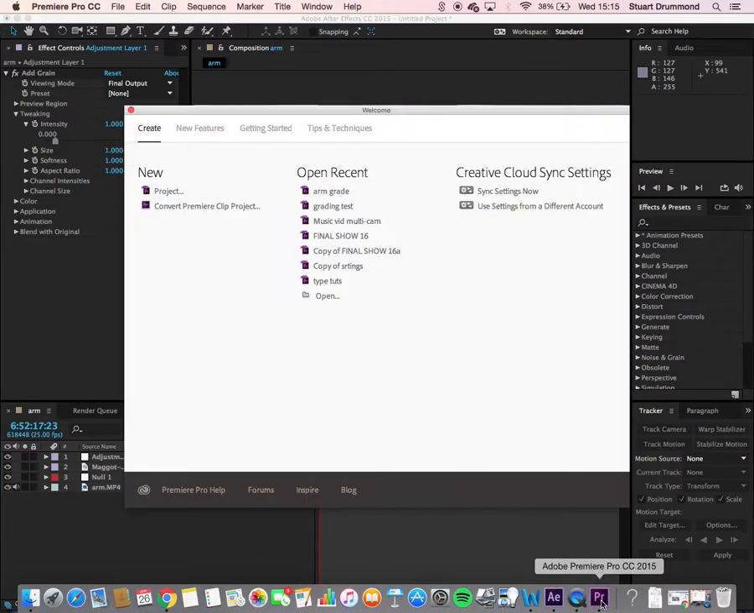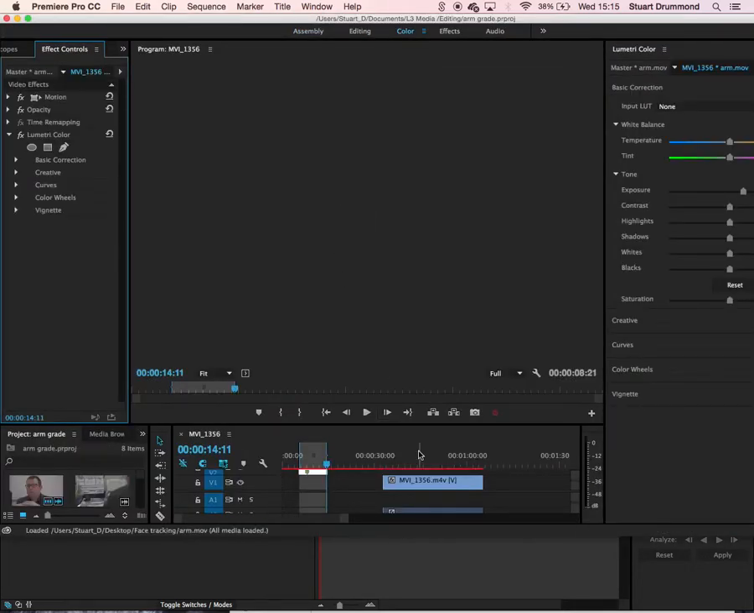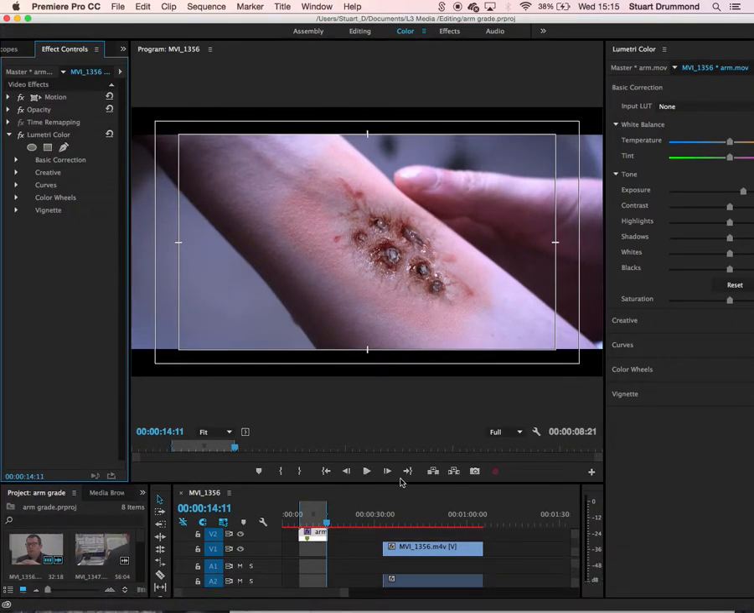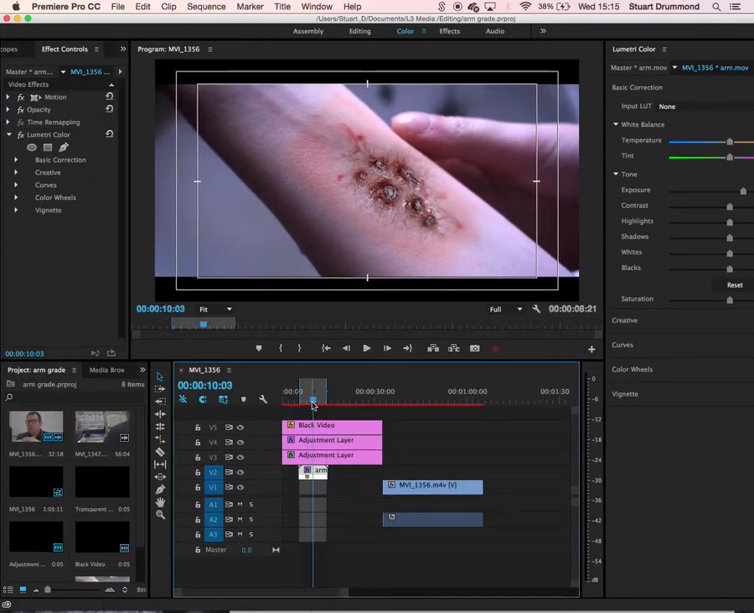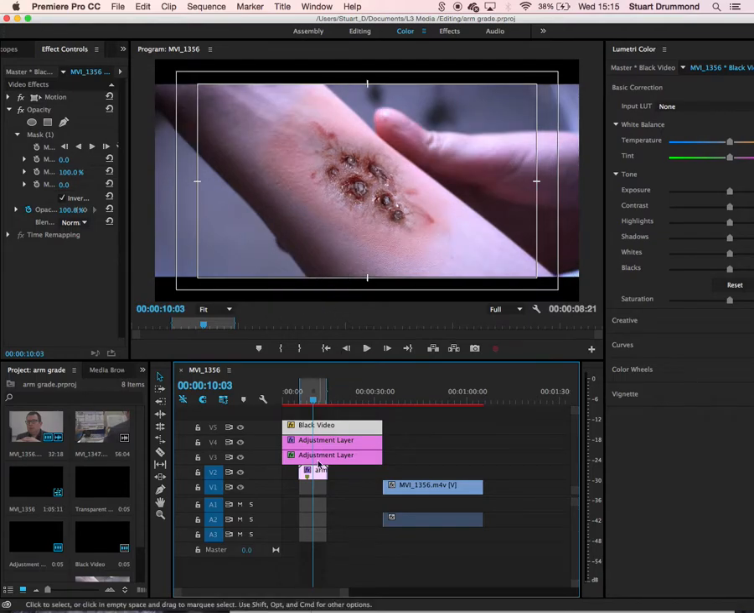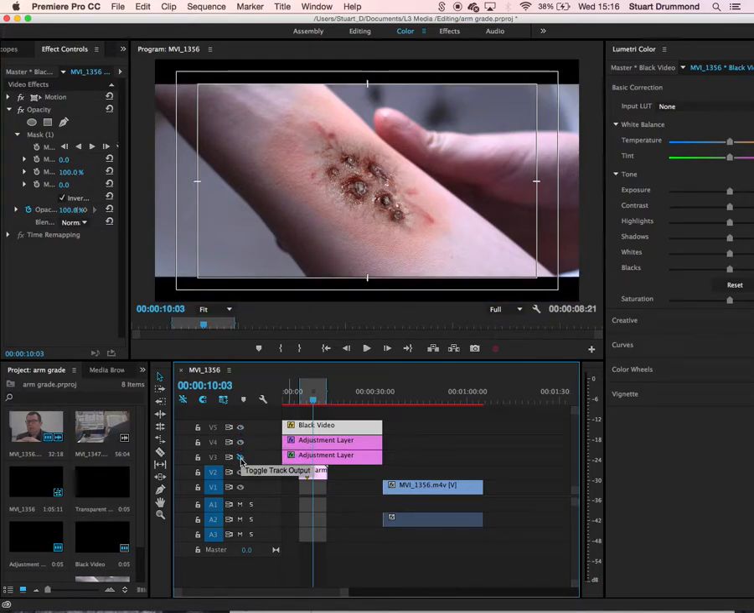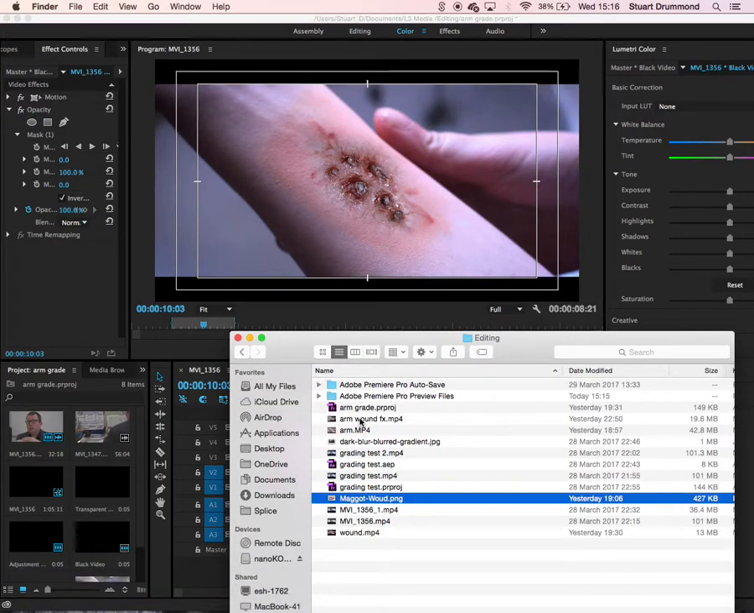Hopefully Premiere is open by now. Yes, it has. If we look under arm grade, what I've done in here is added a color grade on top of that original imagery, and some adjustment layers, including the black video on the edges. So there's the original footage. There is a slight grade on the actual footage itself, and it just makes it look more cinematic by using the arm grade. And the final result again is